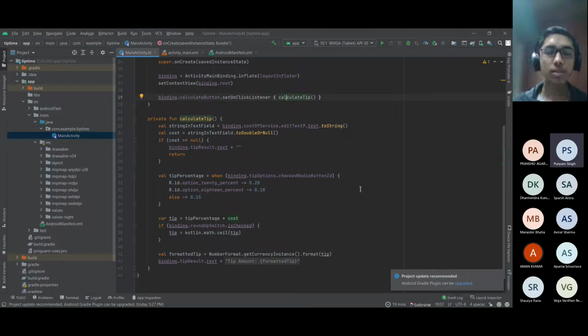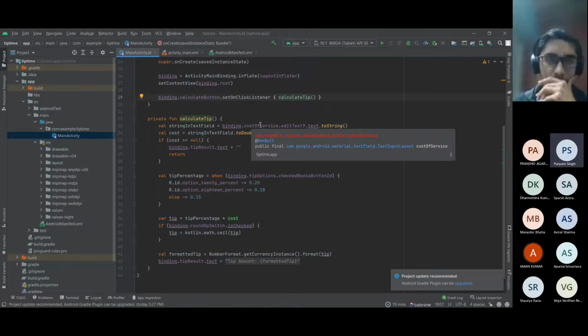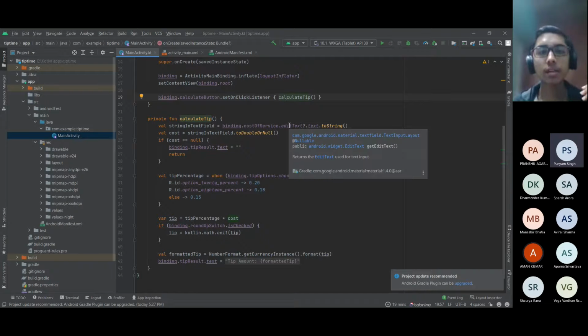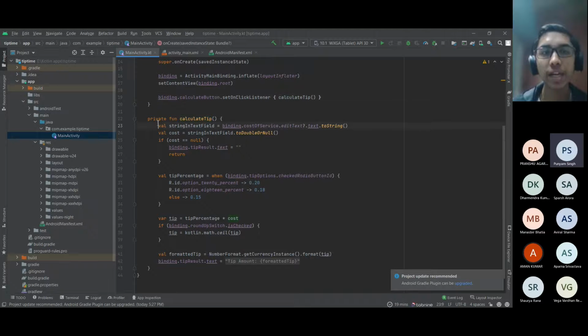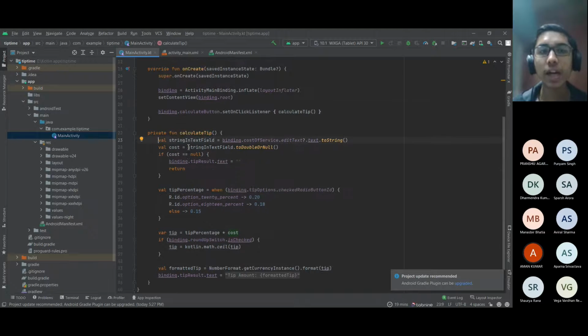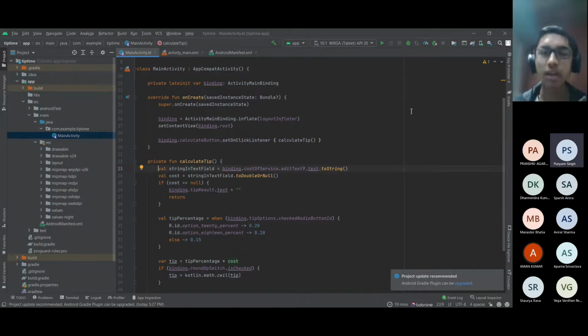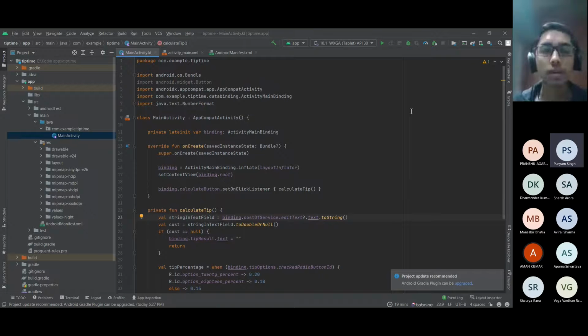Okay. So then inside calculate tip, it gets a lot into the specifics. We won't discuss much about this, but when you go through the course, they will give you line by line explanation for most of this. All right, and you will be coding along with them as well, right? So that will be explained in that part. I just want to give you a top level view of stuff. Okay. So when you execute it, it looks somewhat like this.